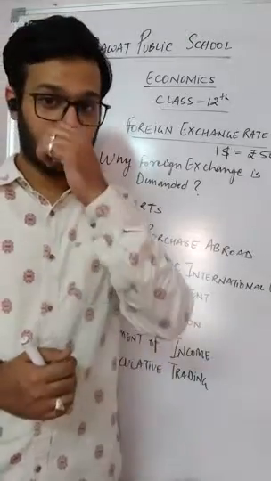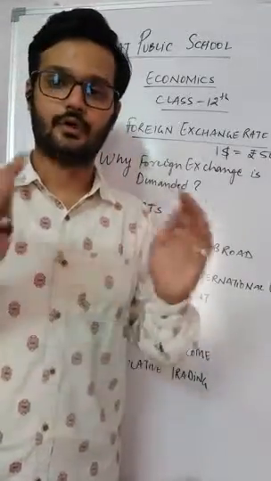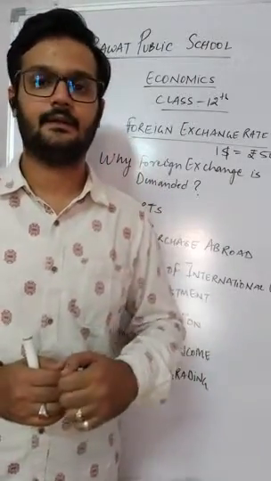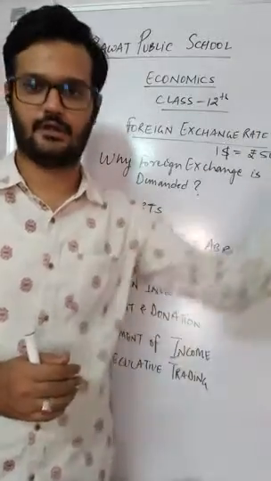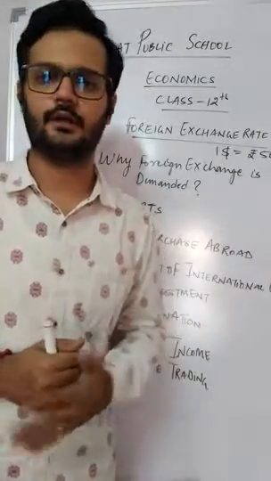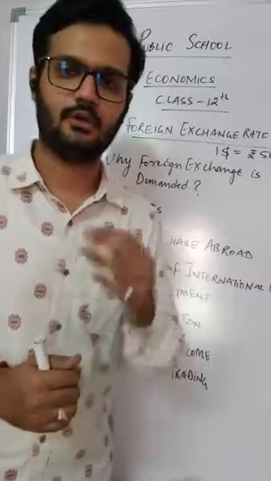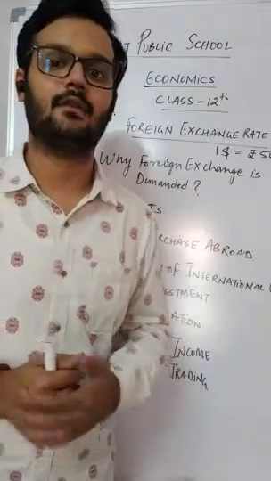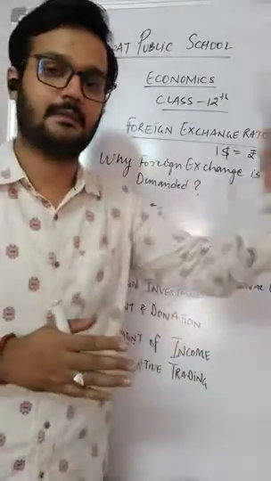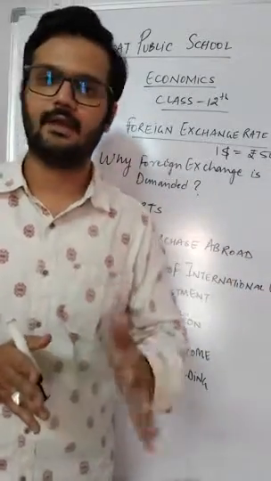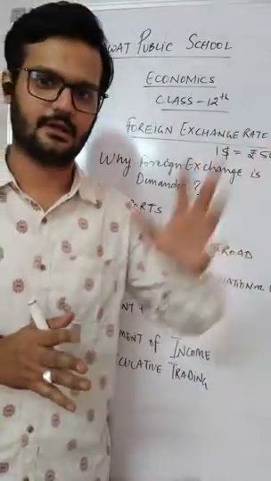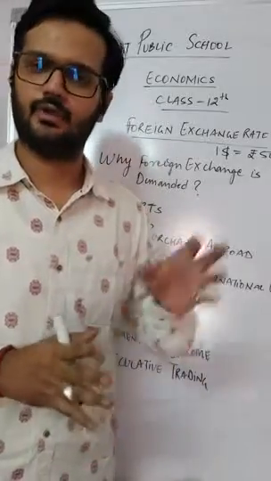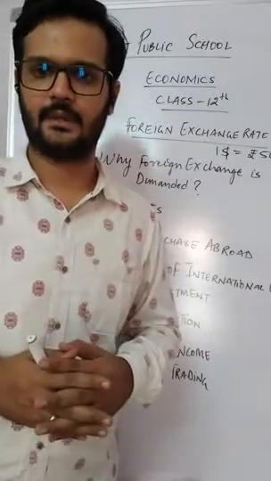Now what's the point? What's the foreign exchange angle in this? If you are using an office in some foreign country, you have not bought that office, you are not the owner of that office, but you are using it, you have taken that office on rent. So you need to pay rent for that. For example, you have a branch office in some other country, say in America or London. You are paying rent for that branch office.